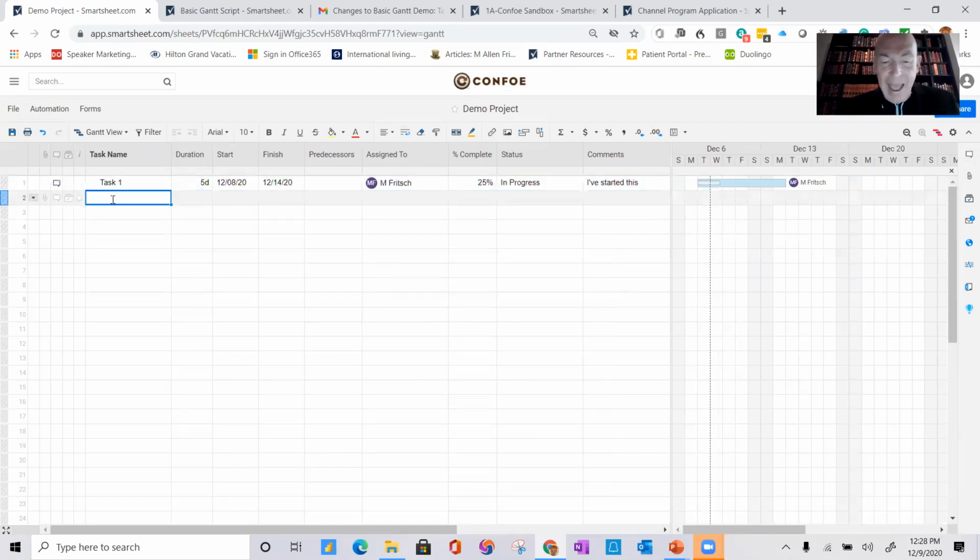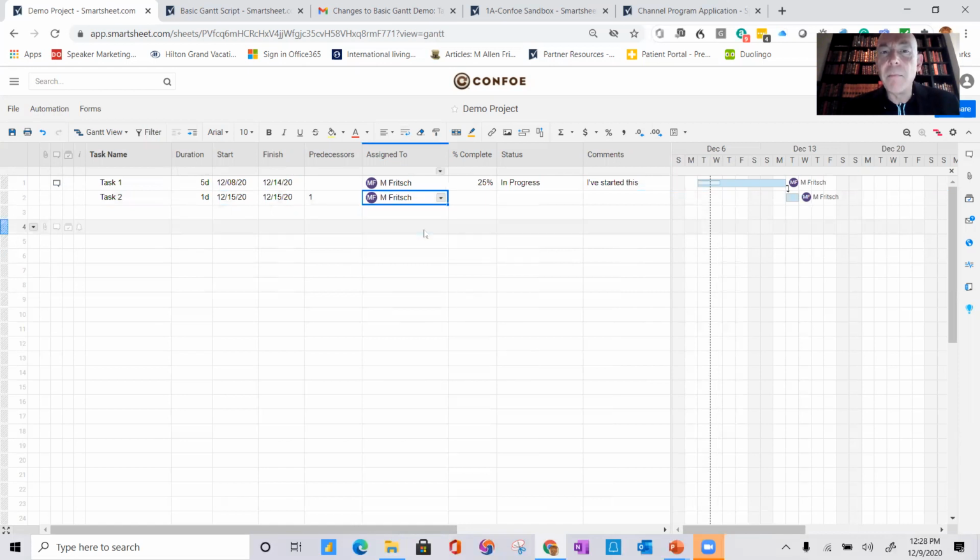So let's go ahead and do another task. And now we have predecessors. And of course, predecessors drive the other tasks. So I'm going to say that task 2 can't begin until I've done task 1. And so you can see that it automatically drives those dates. I'll leave it at 1 day. And I'm going to go ahead and assign myself into this task. And again, I'm playing different roles here, so it's not as compelling to see. Let's call this 10%